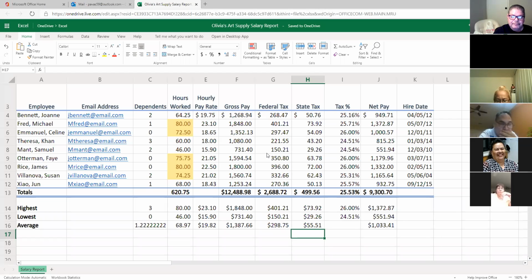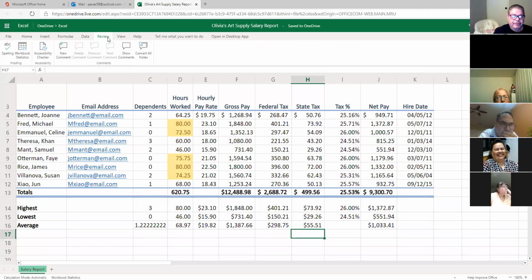How do we do that? We go to the review menu right here. See review. See the menu where I'm highlighting right here, review, and then I'm gonna go to check spelling right here. Put a little arrow to it, and just click it. And Excel will do the rest of it. So I click,